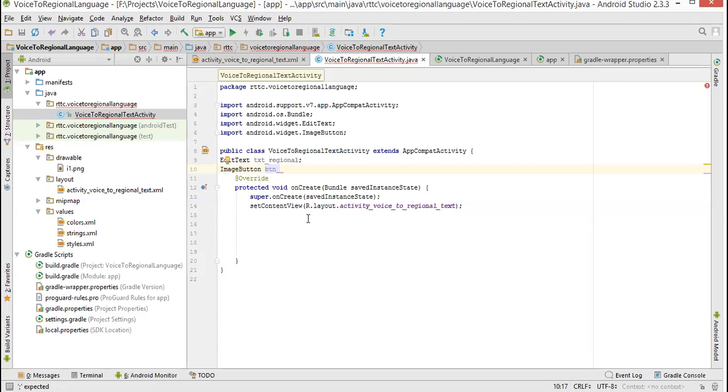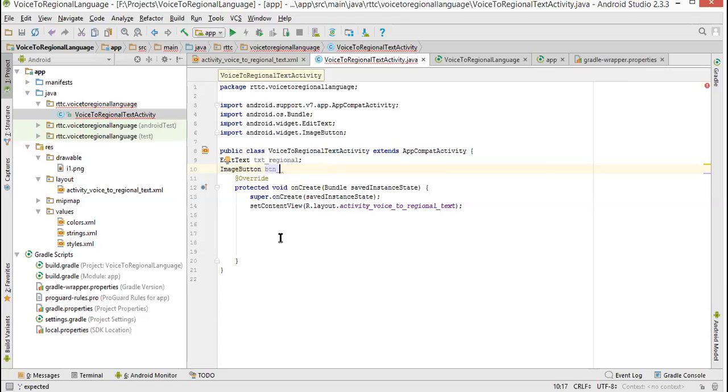Okay. How will we get those values unless we know the IDs of those things and access them here? We cannot get them. So we can say this is a variable declaration. Why are we declaring just below the class declaration? These things will be available throughout the program. We are just declaring the variables to use inside the method, inside our set content view, to access the contents of them.